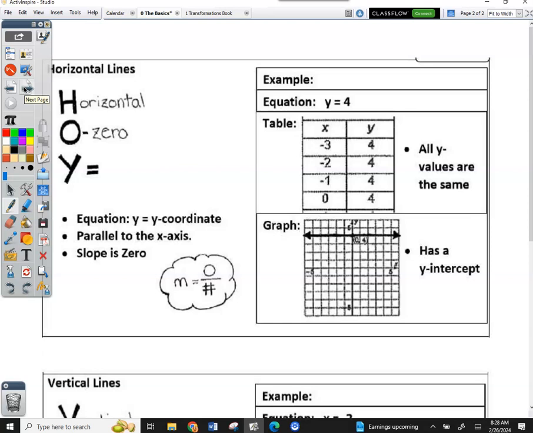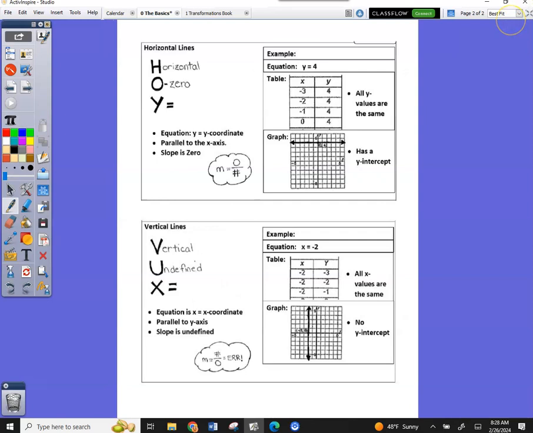Go to the back. On the back, here's where you need a highlighter. I'm going to teach you an acronym that is going to help you with today's transformation, okay? The acronym is HOY